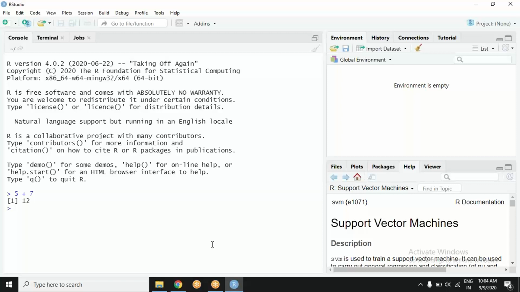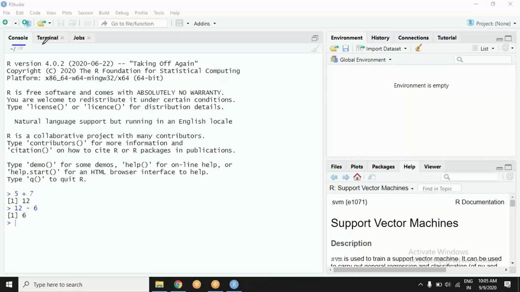Whatever you want to write, you write your code and its results are printed over here. Okay, so this is the console portion. We call it console. So that's one pane.